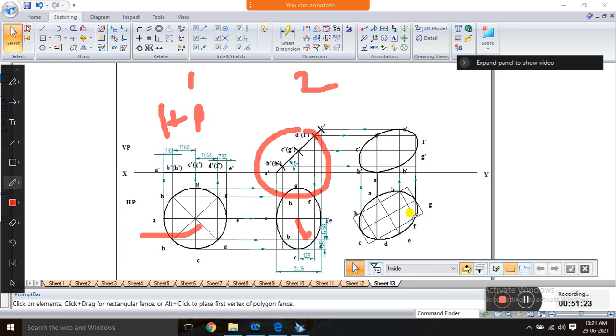Why? Because you have to draw this 60 degree for this A point. This A point is 60 degree, draw 60 degree line, then go for reconstructing by using parallel lines, okay, and horizontal and vertical lines. By that you will get intersection points, and if you join you will get top view, and by projecting upward and by projecting the right side you will get final third position front view. Okay, clear?